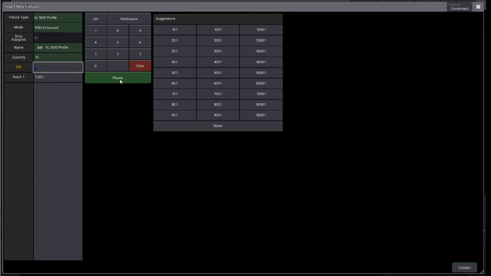I go from my first digit as being the fixture itself, and then the number on the end tells me which one it is. For example, 10101 onwards are my VL 1600s, and then if I had some, pick another fixture, I don't know, let's say we had some Vipers, and I then decided to give those a fixture ID of